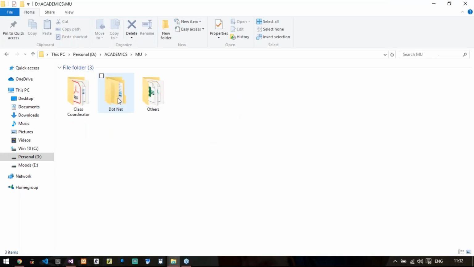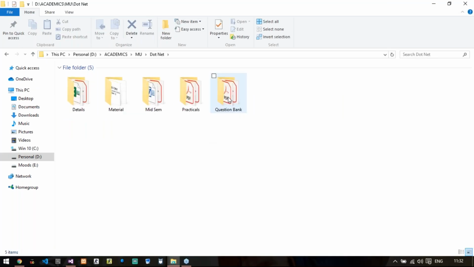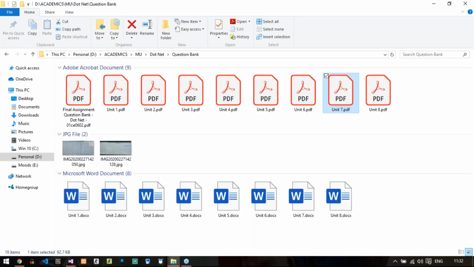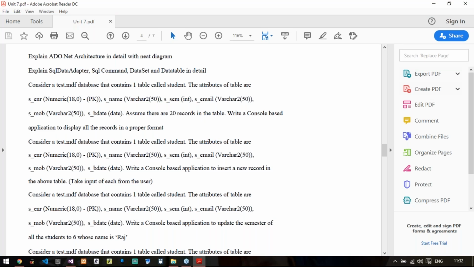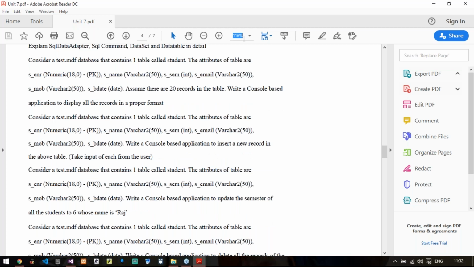Unit number 7, and let us discuss the first example here. I'm just zooming it for you. So here is the question. Consider a test.mdf database that contains one table called student.